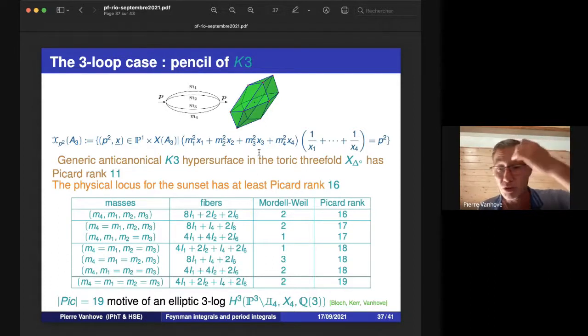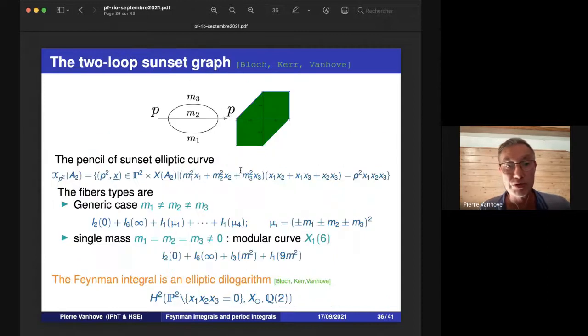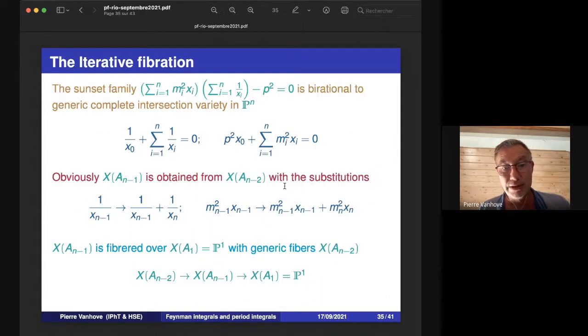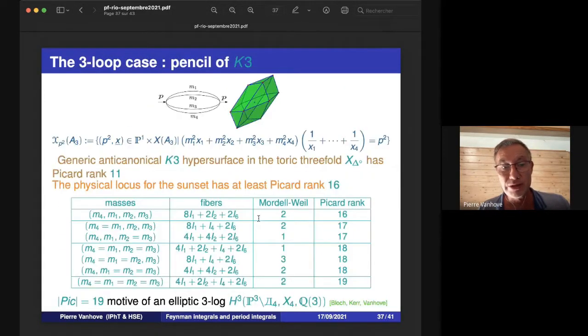You can try to do it numerically if you are powerful enough, and try to find some linear relations in the lattice, over the integers. Fine, but you need to have a good control of the numerics, right? Or you can try to use what I said about these elliptic fibrations. So it's an elliptically fibered K3 with the Picard rank that is given by this, and depending on whether the parameters are all different, we can prove,